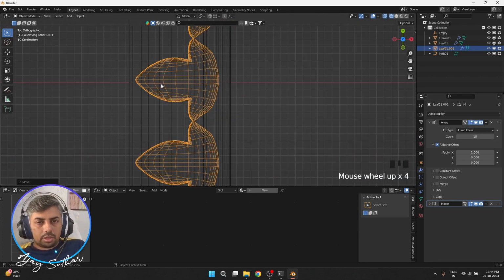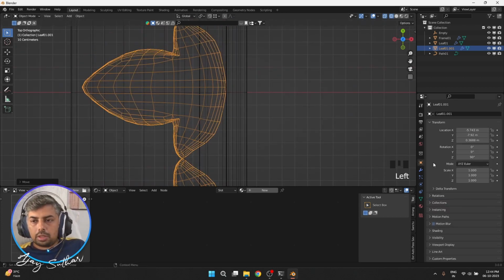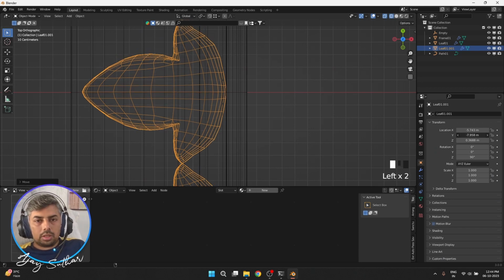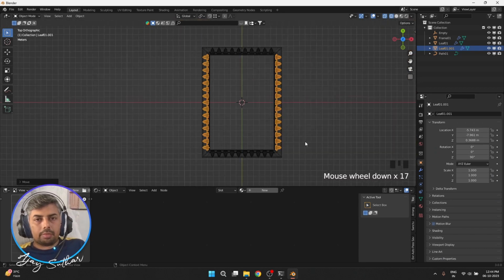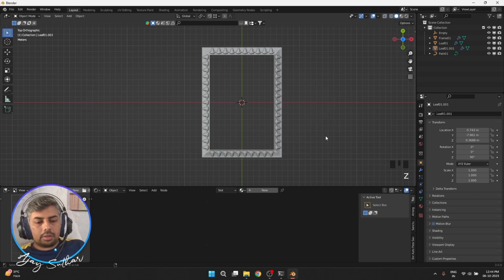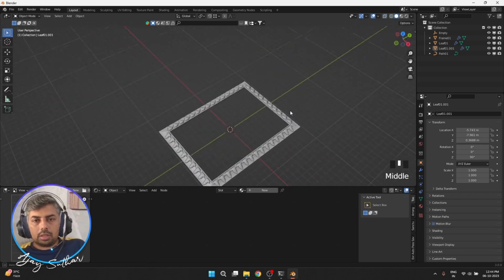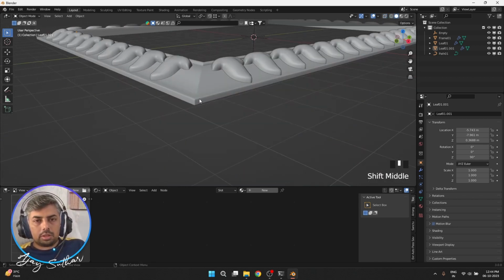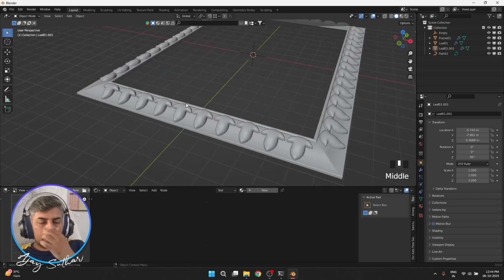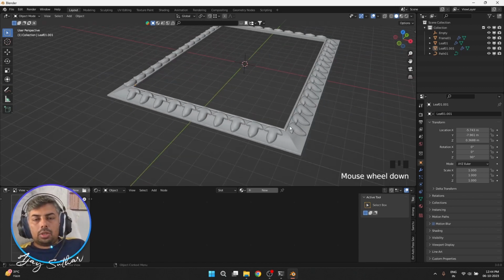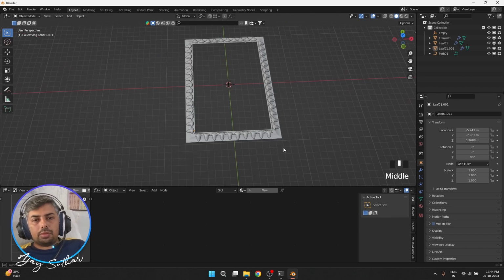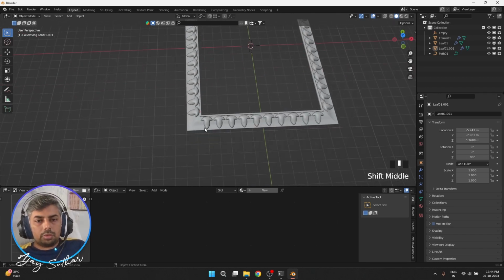Now let's position this to exact, perfect, and let's see, here we got this perfectly. Yeah, so this is the way I can create my photo frame,